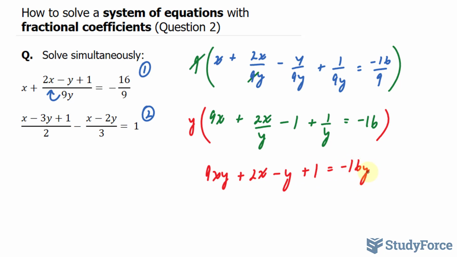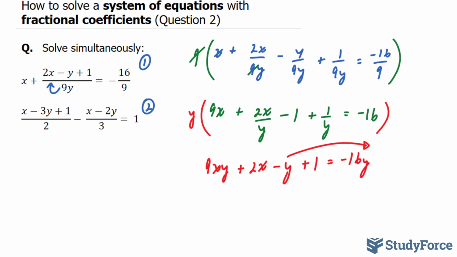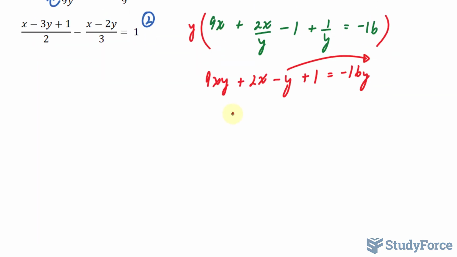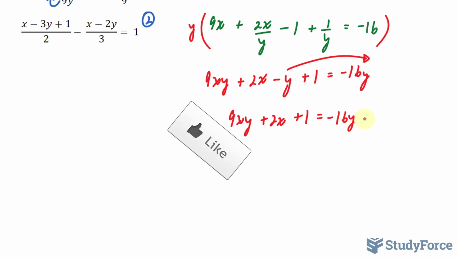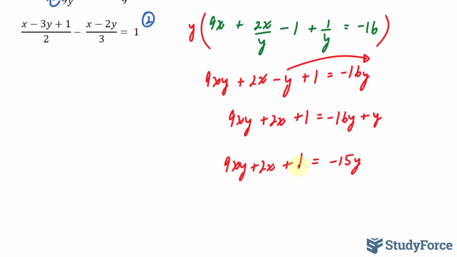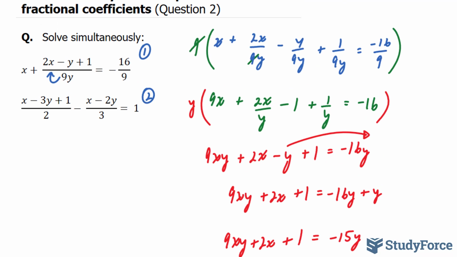Let's see if we can collect like terms. I'll take this term over to the other side. This gives us 9xy plus 2x plus 1 is equal to negative 16y plus y, which equates to negative 15y. The left side stays the way it is. This is the best I can do with equation number 1, so I'm going to work on equation 2 now,